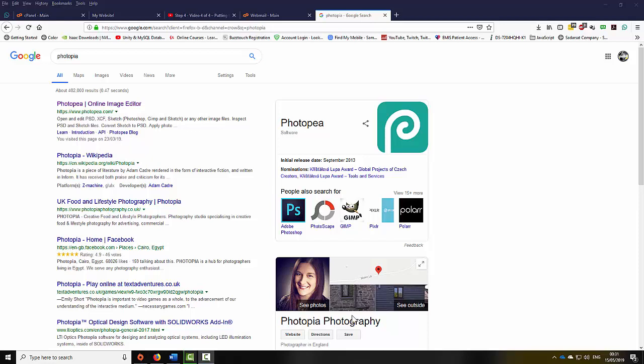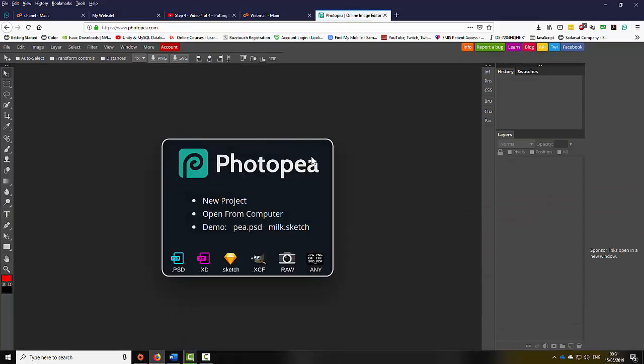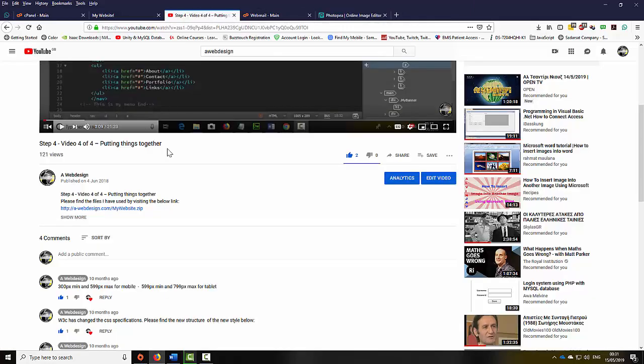In this tutorial, I'm going to show you how to use a free online tool which is similar to Photoshop. It's called Photopea. So if you type Photopea on Google, select the first result which says photopea.com, then exit this option here. Now, I already have, in the previous tutorial, I'll show you how to go to a web designs